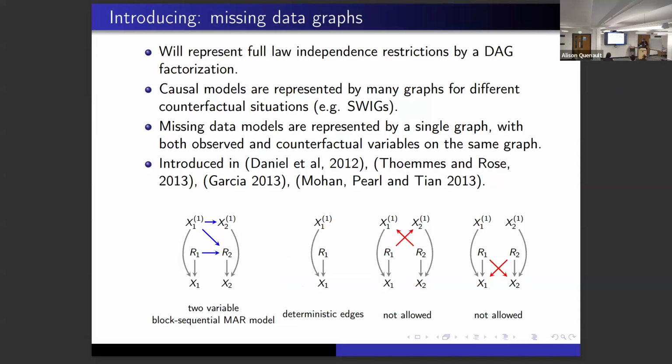We also don't allow certain kinds of edges. The reason the edges on the rightmost graph are not allowed is because the observed X's are artificial and are only functions of those two things. Therefore, they cannot be functions of other things by definition. It's a consequence of consistency. Now, you might try to relax that consistency, and some people may have been working on that, but we'll ignore that for now.